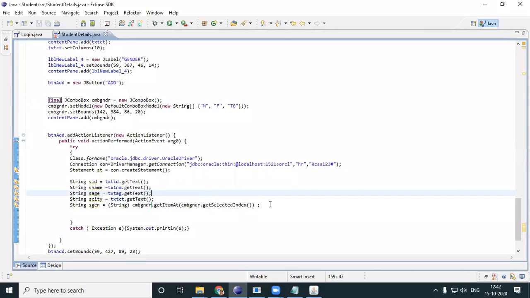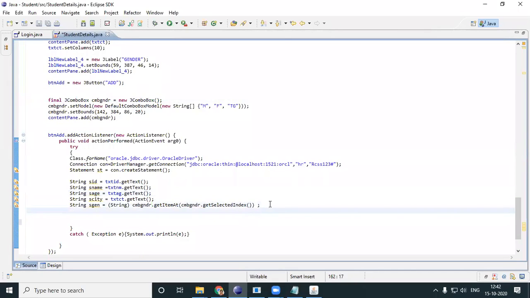Kindly mute yourself. So now I've got all the fields. Now very simple, put it into your table using an insert query. So I'll have a string, the query to insert. QC is equal to my insert query, insert into stu underscore details values.